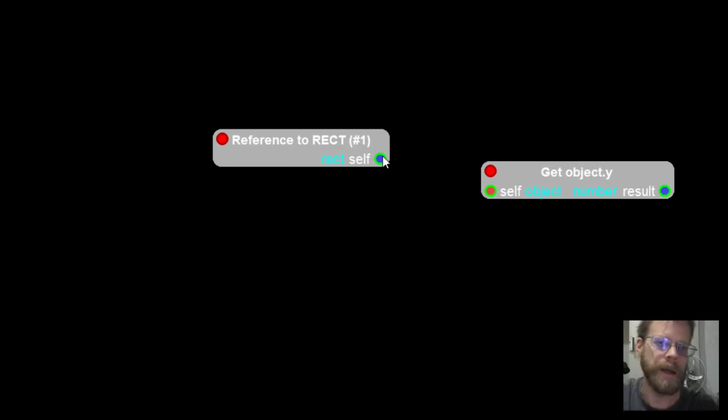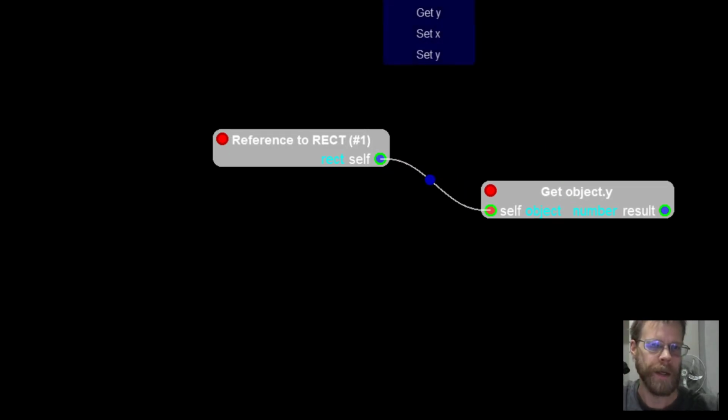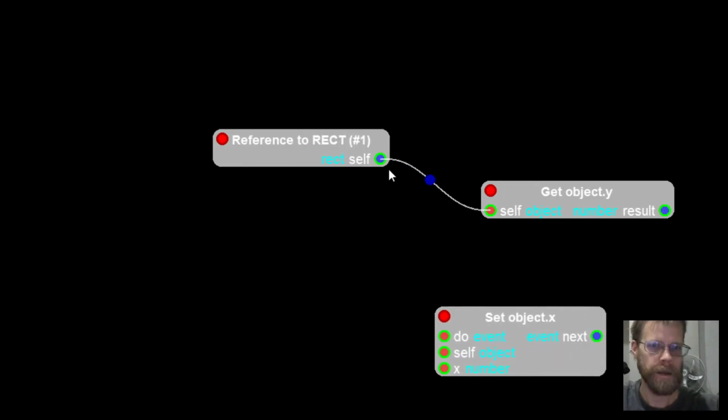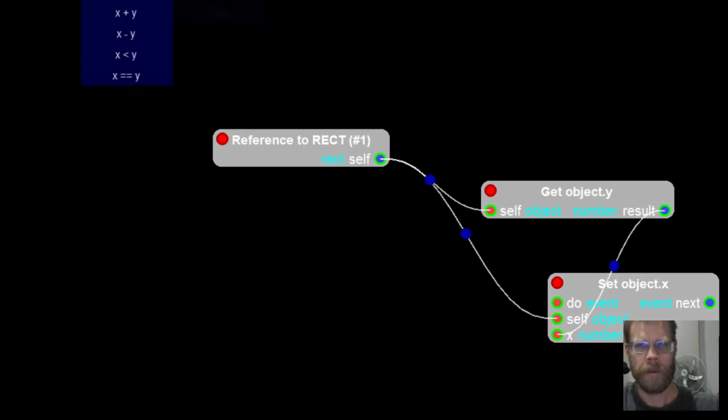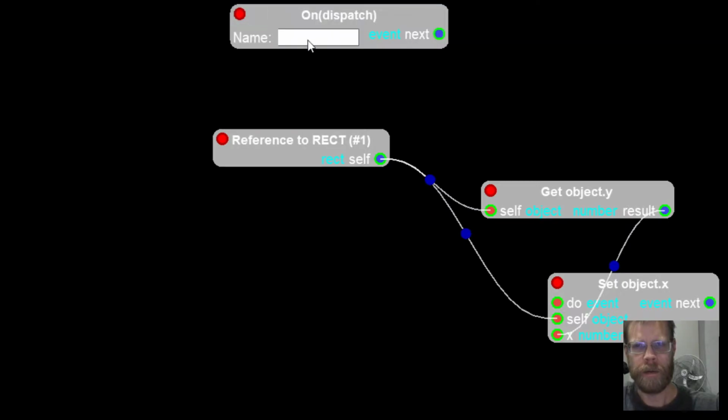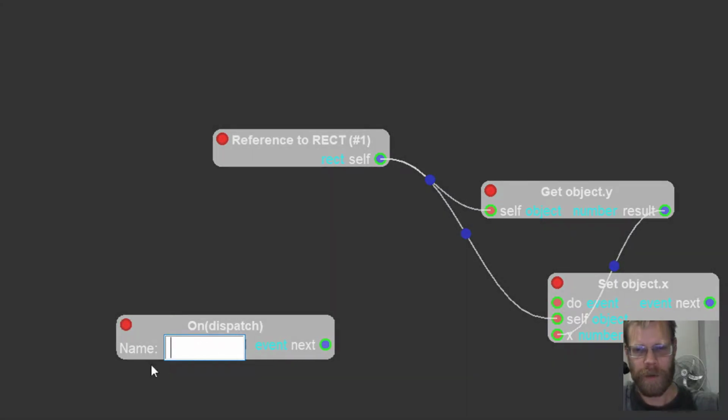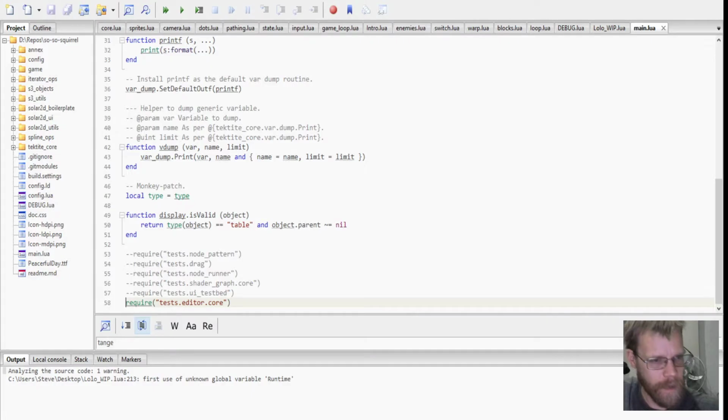All right. So say we get its x or get its y, we can then set its x. So we want the x that belongs to this object, and we'll get the result from the y and set it. We can set up a dispatch, and we want to listen for a certain event. This is hard-coded right now. It is called,